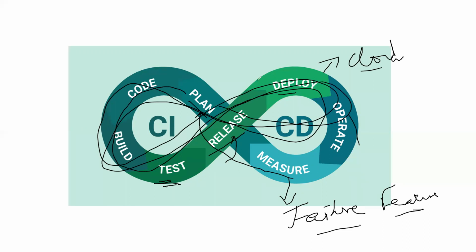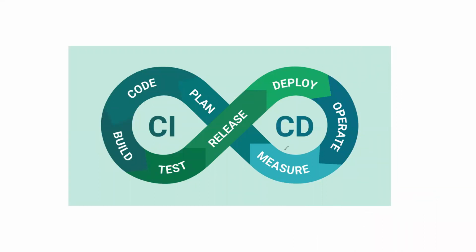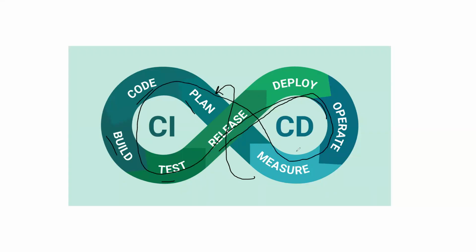CI/CD. Exactly, like monitoring. I'll start monitoring my application and find maybe because of these bugs, it is not working as functional. So I'll report those bugs to my team. They will start fixing it. They'll plan, maybe I need 1 day to release it. So this process, if we can automate and help my development team to write their code, build their code, and the testing team to test their code, and help my release team to release my application continuously, this is how the CI/CD model is now going to help me to achieve my DevOps pipeline.